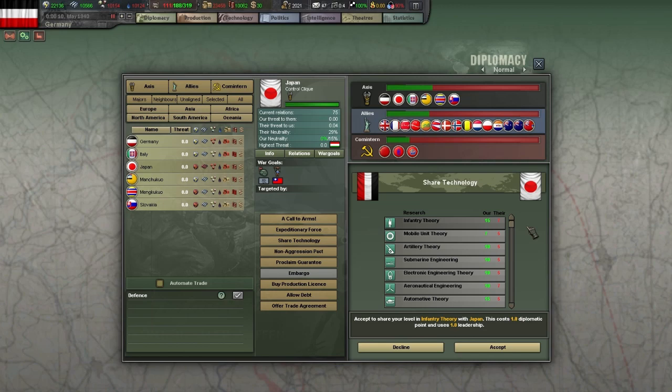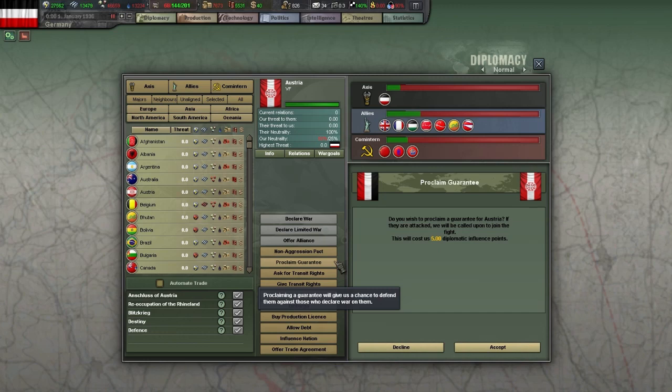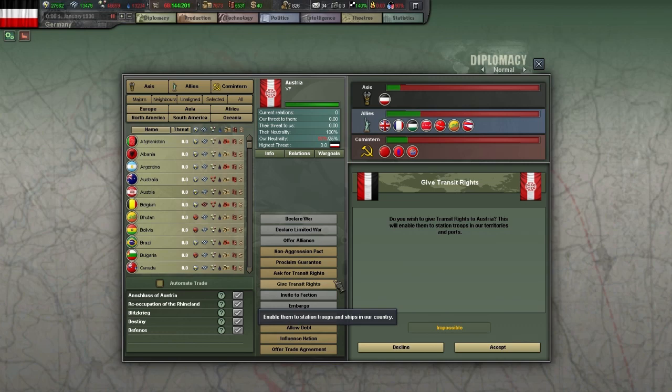Also keep in mind that this not only costs 1 diplomatic point, which is the resource up here, but also costs 1 leadership, which is quite a big deal. Returning to our more peaceful time here, let's go through the rest of the diplomatic actions. We could offer a non-aggression pact, proclaim a guarantee, which guarantees their independence as we saw with the United Kingdom and Belgium earlier. We can ask for and give them transit rights, so units are allowed to move through the